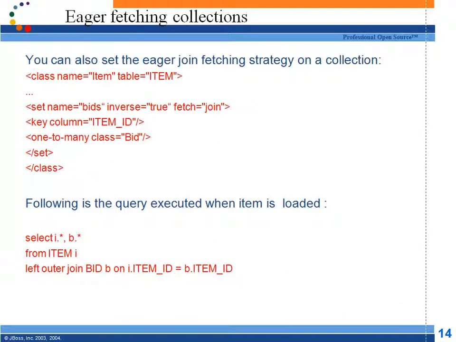Now I want to get actually all the bids, even though the items are not having bids. I want to get all. So a left outer join should be used. I want to get items even though there are no bids. So a left outer join has to be used. This is better than saying lazy equals false, fetch equals join, because it is internally using joins. No need of separate queries.